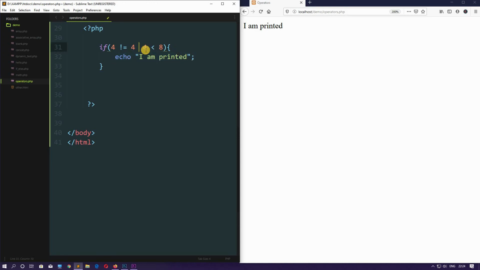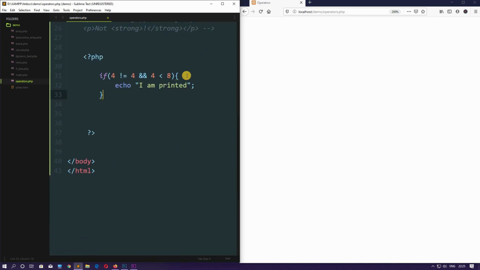Now, if here it was logical and, see, nothing is there. Why is nothing there? Because in logical and, both the conditions should be true. Here at the very first we are getting a false. That's why the execution stops here. This whole statement will return false, because one condition is already false, and for this whole condition to be true we need all the conditions to be true. Therefore this command is not executed.